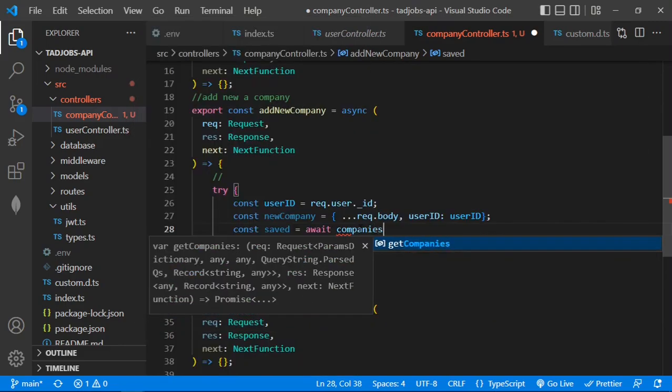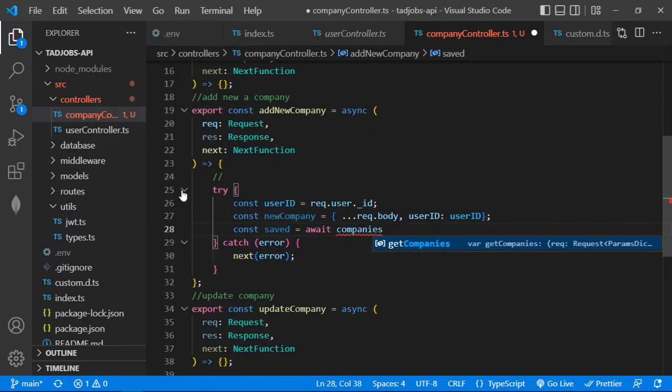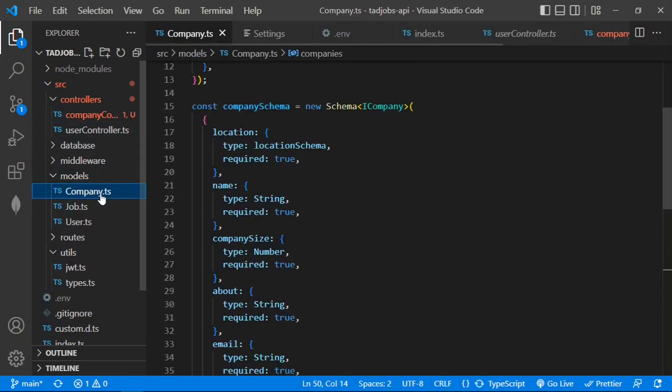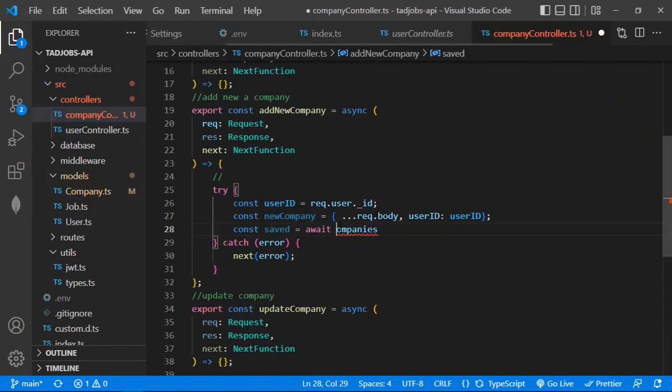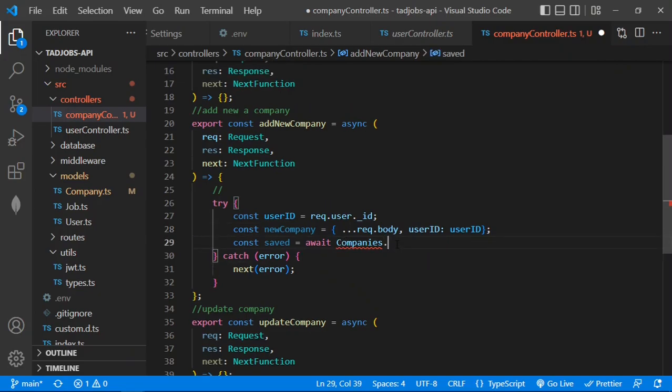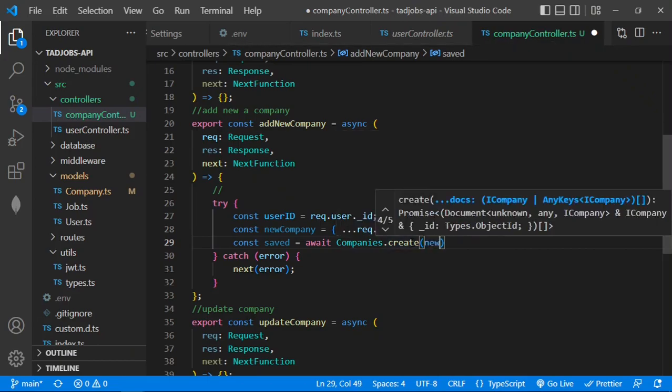Let me see, we're in the models, company. Let me do it like this. Come back here and try to import it, and we are creating a new document, right? So we can essentially pass in the new company like this,